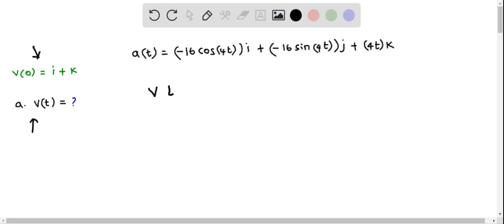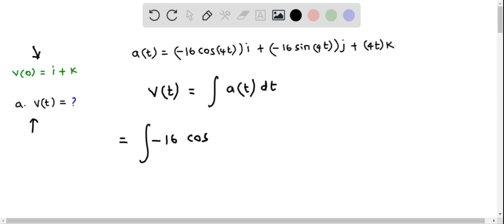So basically the velocity vector v of t is the integration of the acceleration vector, that is the integral of a of t dt. So now I'm going to write down this integral of a of t. We have three terms in the acceleration vector, one for each of the components i, j and k. So basically we have to integrate each of the components of the acceleration vector. I'm going to write down the first component, the i component, the integral of negative 16 times cos of 4t,